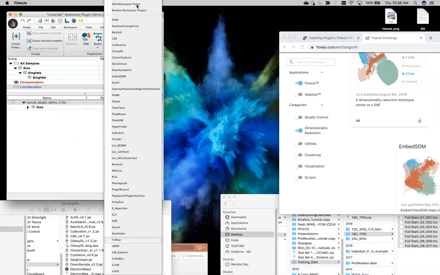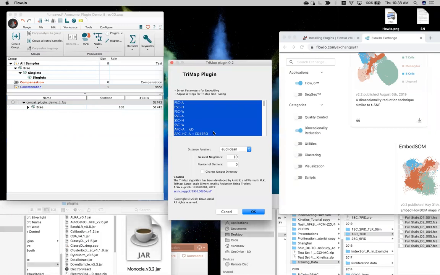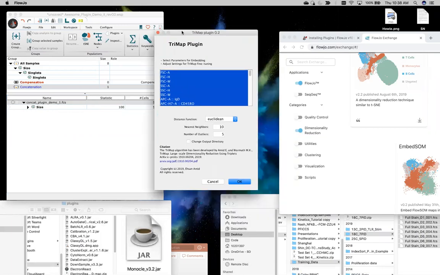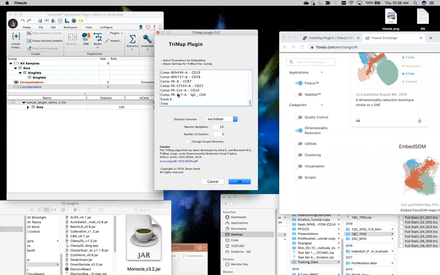So back to the plugins, you can see again, all the different plugins that we have available are showing up on my list, but I really just want to run TriMap. So I'll select that plugin, and then that's going to pop open this dialog where I can select the parameters that I want to utilize for this dimensionality reduction. And because this is a very robust sample, I think it's got 18 different colors in it, I'm actually going to utilize all of those